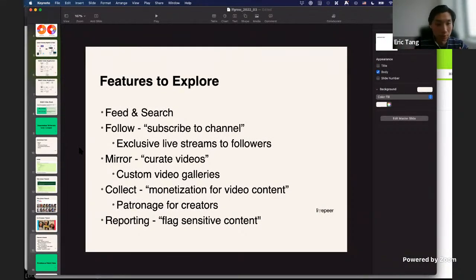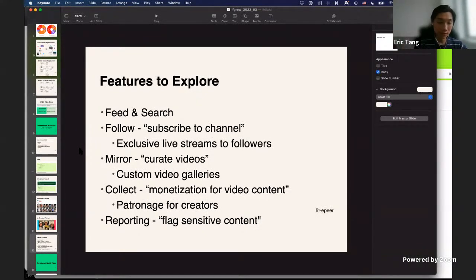Mirror, which we talked a little bit about, is curating videos. So users can go to other creators' profiles and curate their own custom video galleries, or they can even create their own video galleries. For example, if you want to create a video-based education platform, you can have different courses within different video galleries, right?